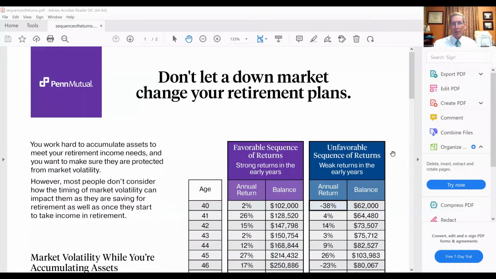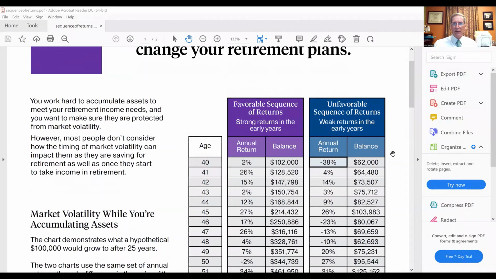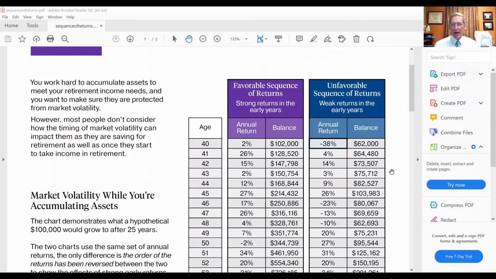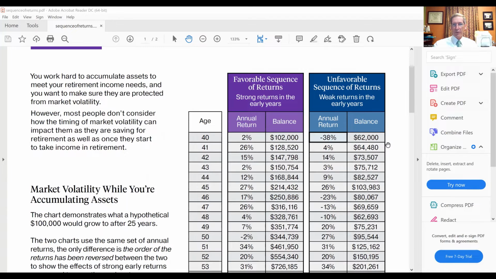So this is an example of individuals, and when we're in an asset where we can have volatile returns, we can have negative returns some years, positive returns in others, it's very important when we get into the retirement phase as to when those negative years occur. So in this scenario, we've got a favorable sequence of returns and an unfavorable one.